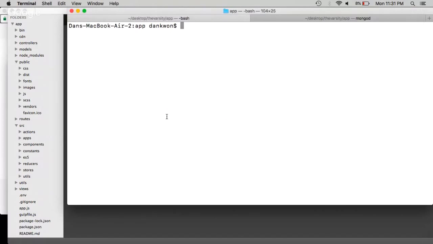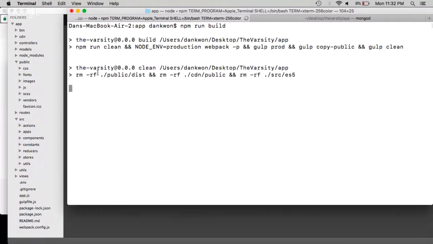Okay, I'm going to run the production build right now. If you take a look at the public dist directory as well as the ES5 directory, you'll see both of them swap out. And then we're just recompiling the entire project now as a production React project,